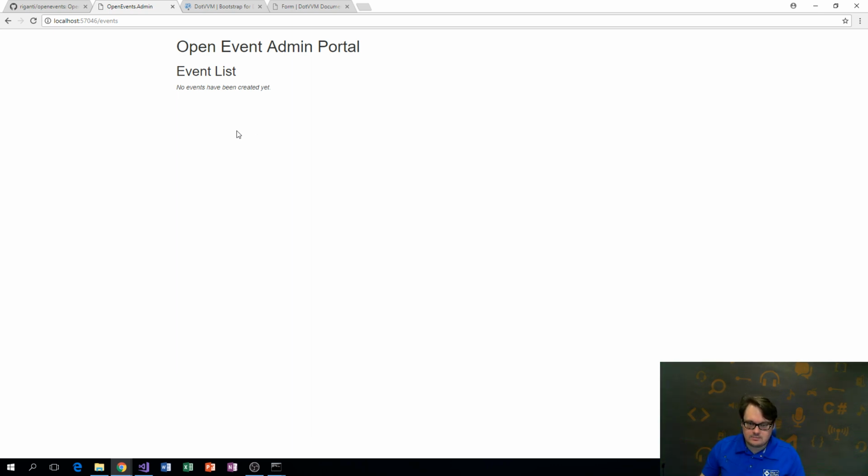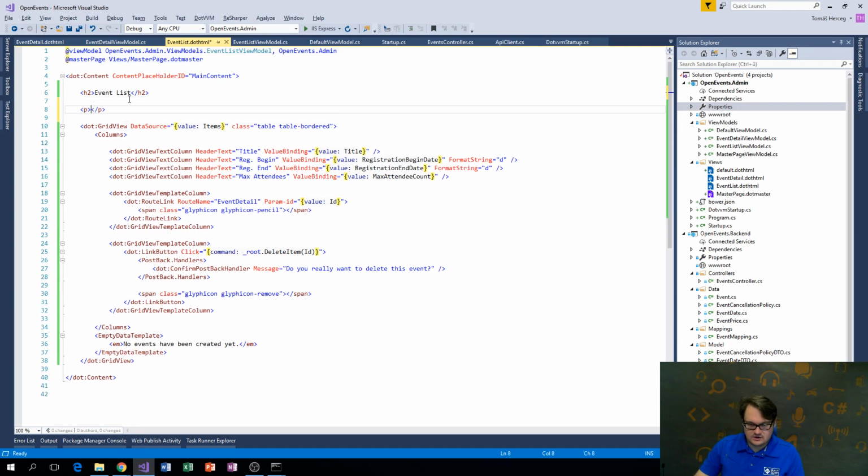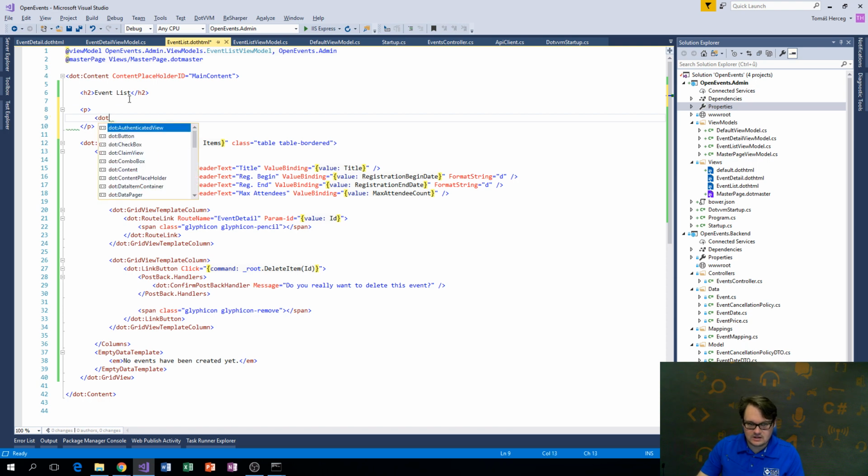Okay, so that's the basics of how you can create a simple CRUD workflow with .vvm. Also, I'm missing the create event button, so that's the last thing I will do. I will create another route link. Text equals create event, and route name equals event list detail, and no ID, which means it will be a